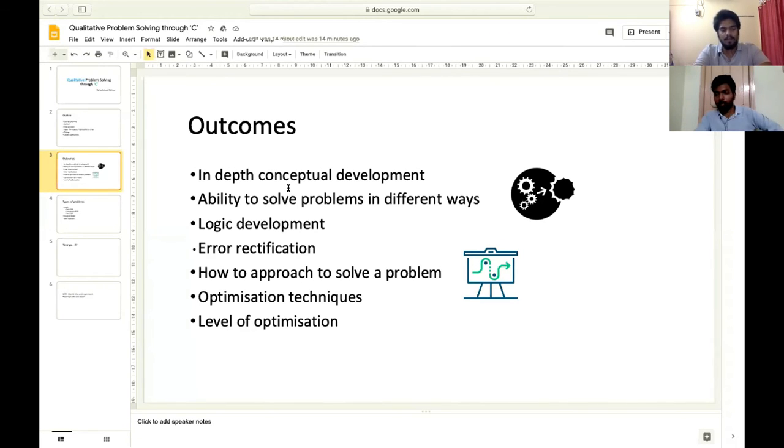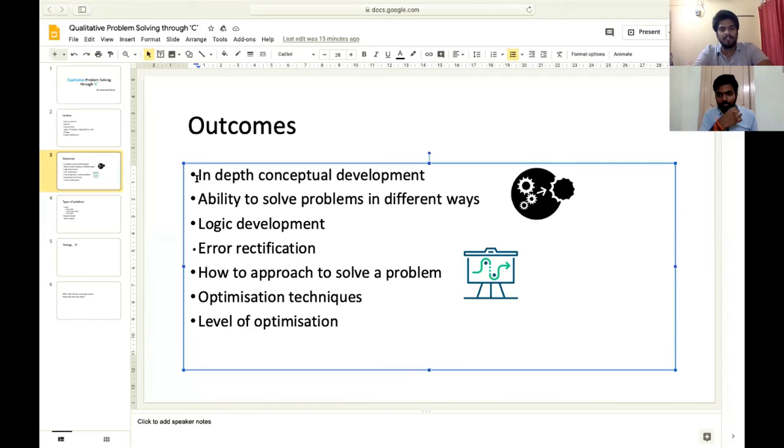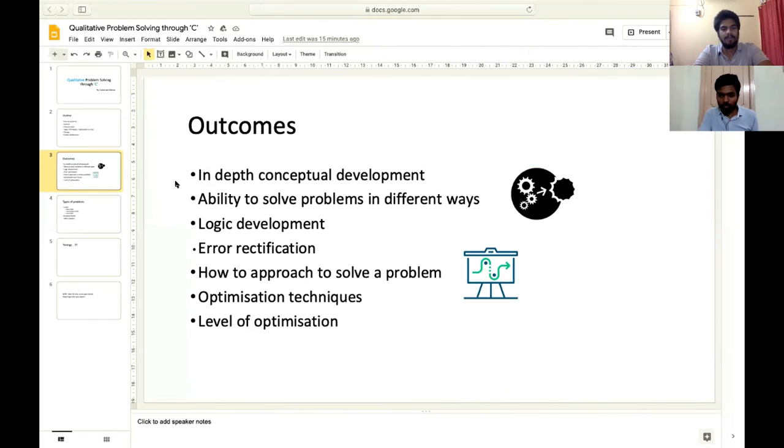We all know that machine level language will be much faster than our normal high level language, because binary operations will be performed. And when compared to normal operators, bitwise operators' time complexity will be very low. I mean, the time consumed to execute those operations will be very less when compared to normal operators like addition, subtraction, multiplication, right? And I think you all know that normal mathematical operations can be done by bitwise operators.